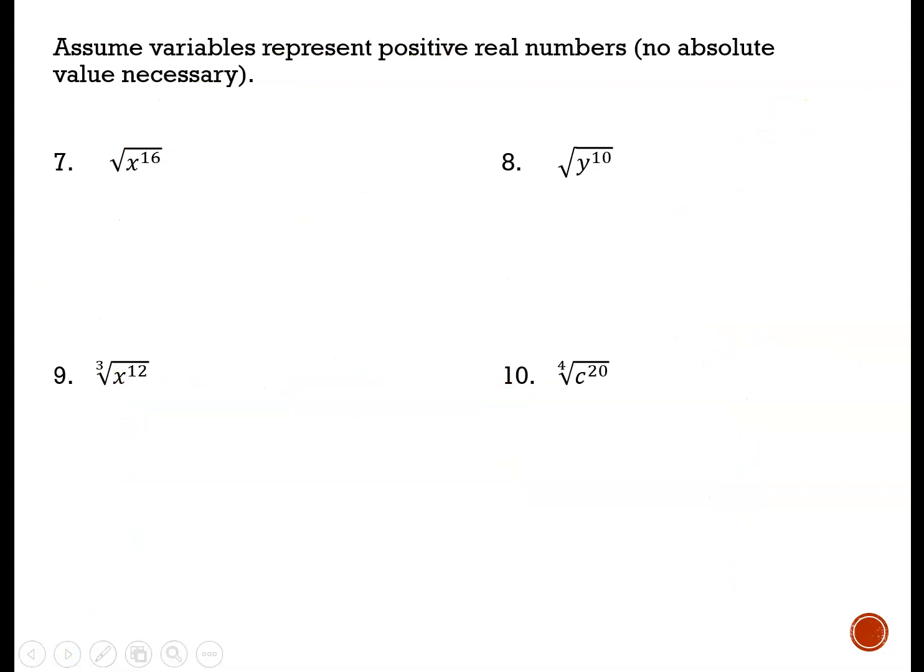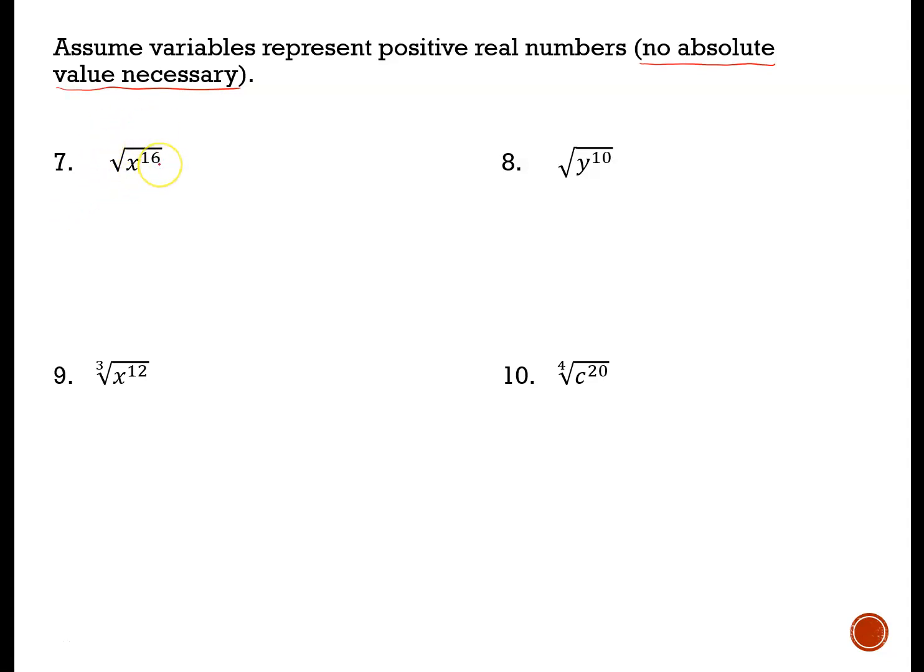And before we work these examples, look at this statement. It says, assume variables represent positive real numbers. And when that statement is written in the instructions, that's basically just telling you, you do not have to worry about putting any absolute value bars on there. We're just going to assume all these variables are positive, and thus we don't have to worry about the bars. Okay,